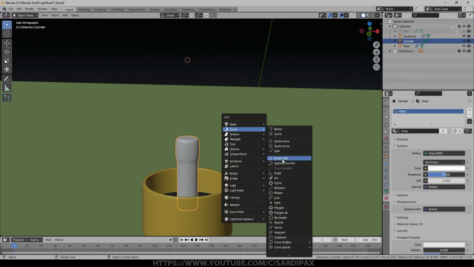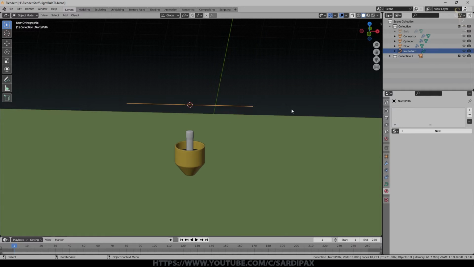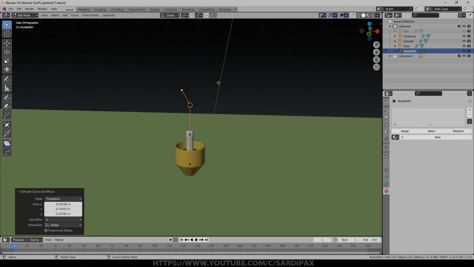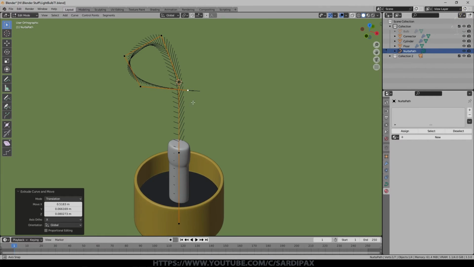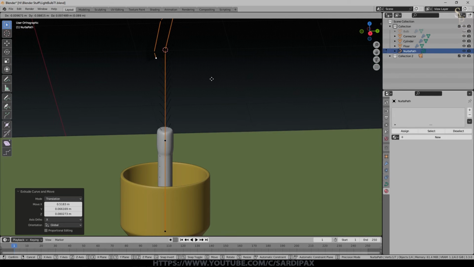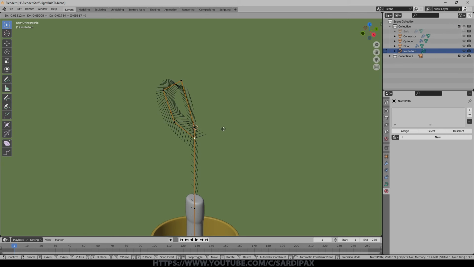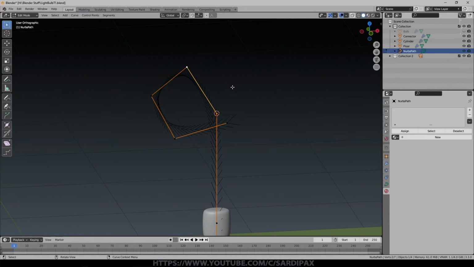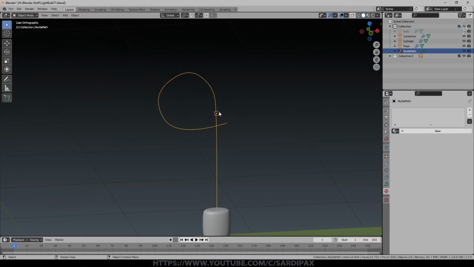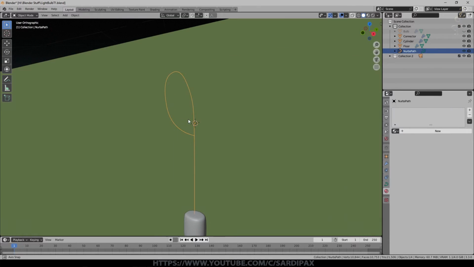And then we need to add a curve. So I just added a line to begin with, and then took away a couple of the vertices or segments, and then just E with the top one selected, E again, and I'm just creating this sort of hook shape very crudely, because that seems to be how they're made, just little slightly bent pieces of wire. And if you need to, you can always subdivide to add some more vertices if you want to make it a little more round. That's essentially it.